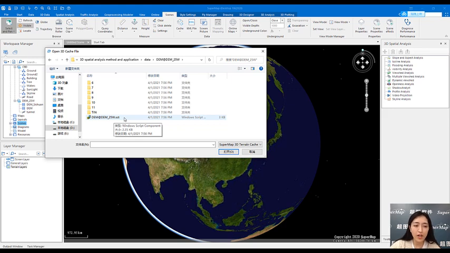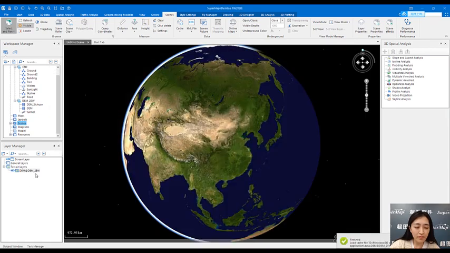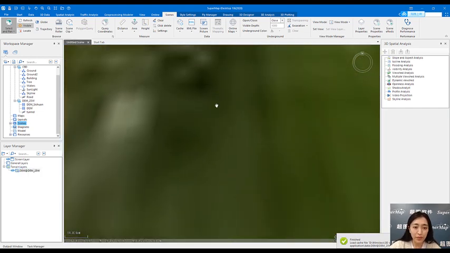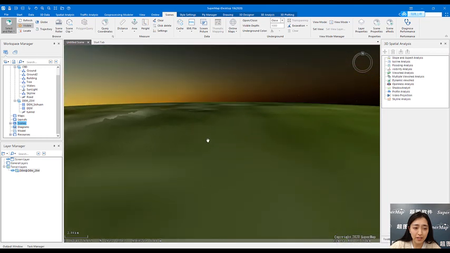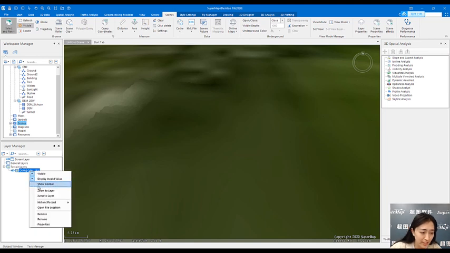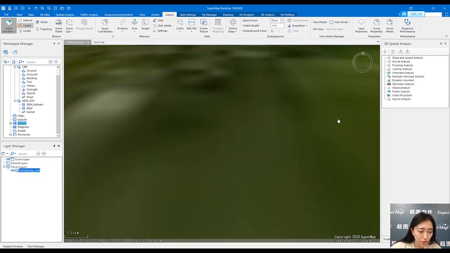The file extension name is .sct. Okay, and let's right click it and zoom it to the layer. Okay, and we could see it doesn't have the color, and we could set the color with the show normal,